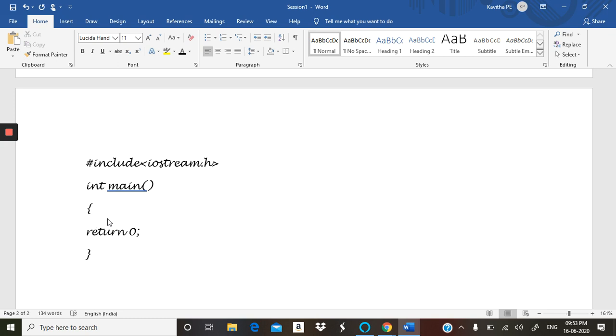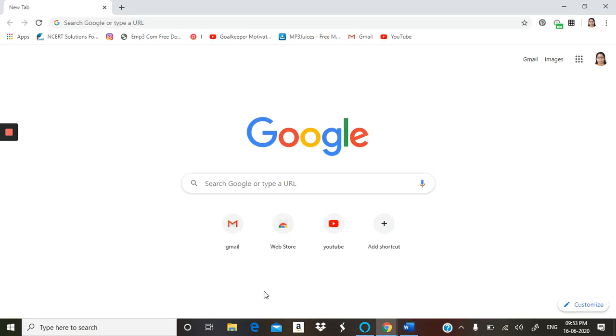Now we are moving on to writing a number of programs. In order to write the programs, you can use the Turbo C++ compiler that can be downloaded free, or there are a number of online C++ compilers available. You can use that also.